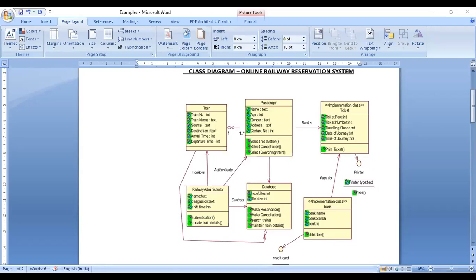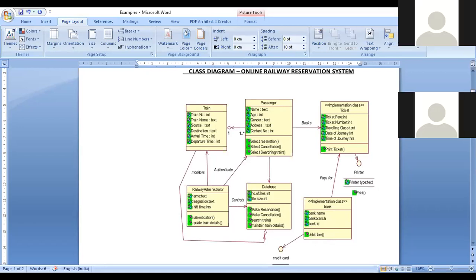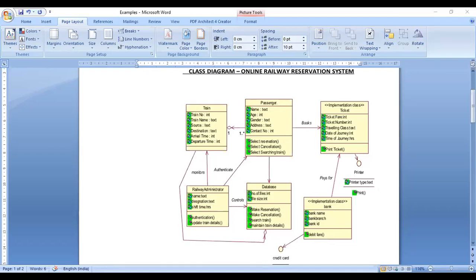Already we have discussed that if we want to know the information of the Indian railway system, we must request a server. So here our system is one component, and the server is another component.